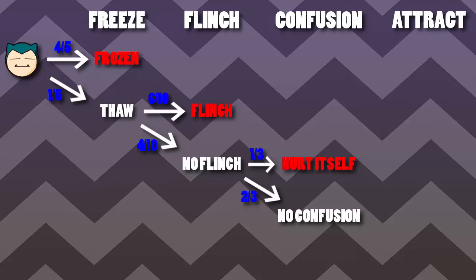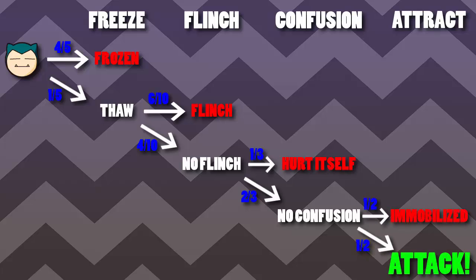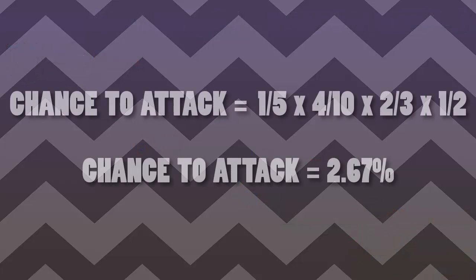And once it's passed that confusion check, it's then a coin flip as to whether it will be immobilized by love or not. And if you pass that half chance, then you will actually be able to attack. That's a lot of checks before you can attack though, so that's going to be tricky for the poor Snorlax. So overall, what is the chance for this Snorlax to attack? Well, what you have to do is multiply all of the chances of each of the stages on that path to the attack. And so if we put all of that together, we find out that the chance of a Snorlax getting that attack off is